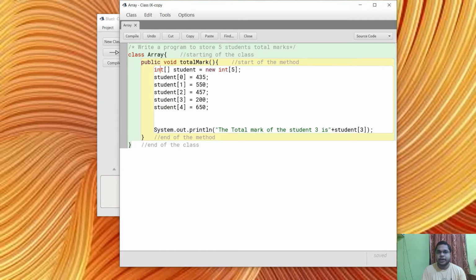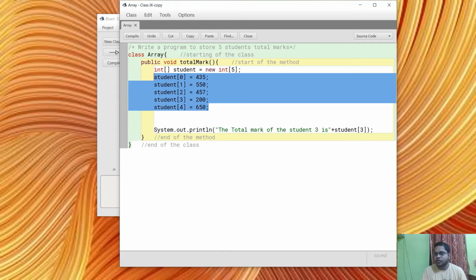Then I declare a student array: int[] student, this means student is an array type variable, then new int with size 5. Then I store all the data inside it, student[0], and index 1, 2, 3, 4, like this. Then I print the value of student 3, which means I access the student 3 data from my student array.